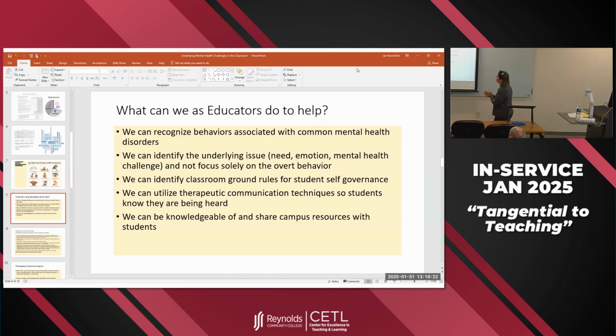But we want to identify the underlying issue and not really focus on the overt behavior, okay? So if we're seeing anger, we're seeing irritability, I always tell my students when we go through the mental health clinicals, don't look at the behavior, look at what's driving the behavior. If you look at what's driving the behavior, then it sends a message that I see that something is wrong, like something is not right today. Okay, what's going on? So you want to make sure that you're focusing more on the need and the emotion and what the challenge is for that particular student